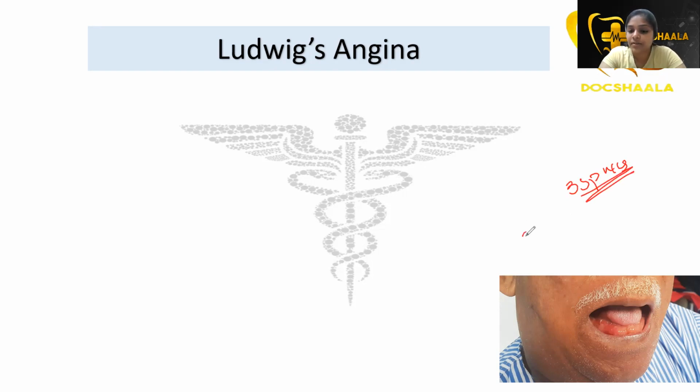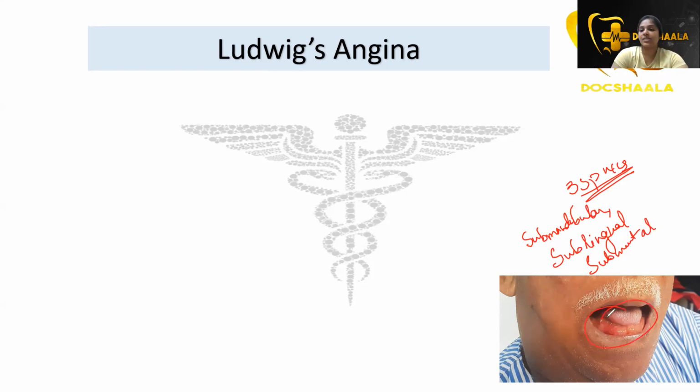That is the submandibular, sublingual, and submental spaces. Since the infection is spread in three spaces, we can see this double tongue appearance in